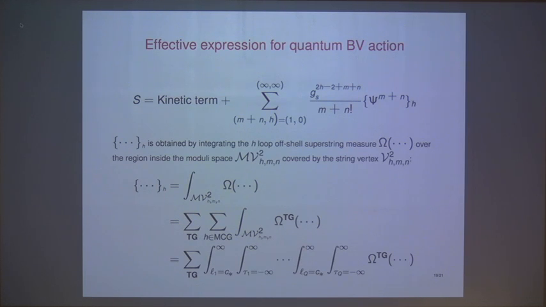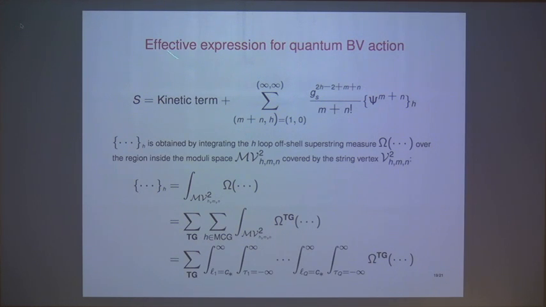And that makes everything simple. It converts this into a real integral, and then we sum over all possible trivalent graphs. In the real integral, you have integration over the twist parameter running from minus infinity to infinity and the length parameter running from c star to infinity. So this gives a nice structure for each interaction strength.